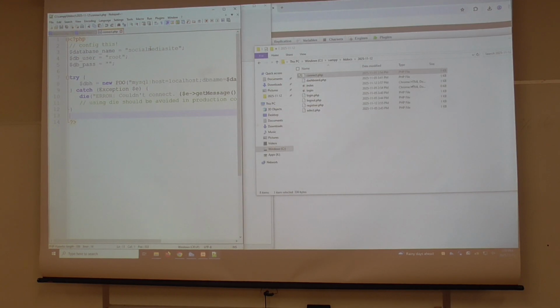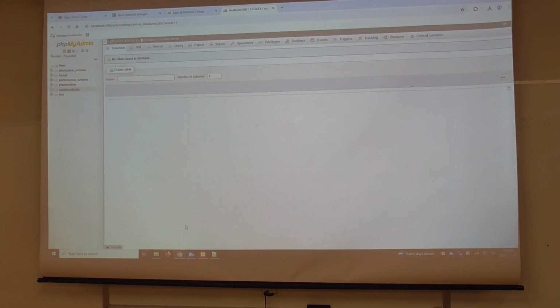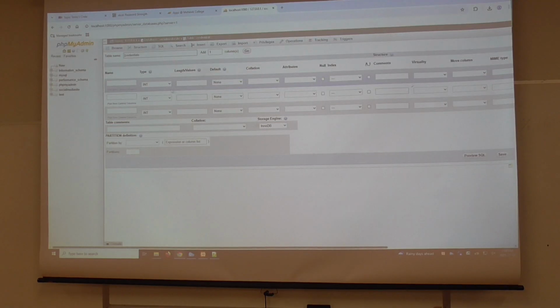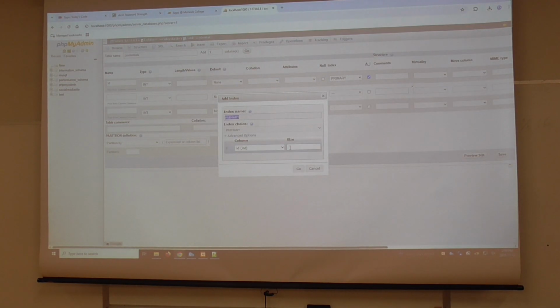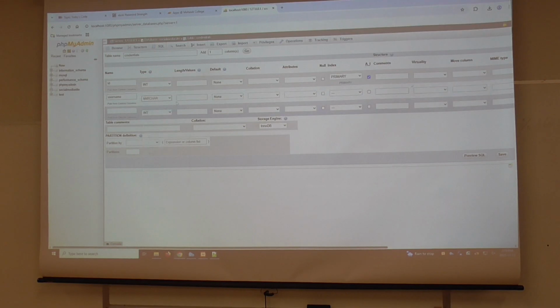So, social media site. That was the name of the database. Still in Latin/Swedish. There we go. Create a table. Credentials. Let's give it 3 columns. An ID, which is an auto-incrementing primary key. A username, which is a varchar of size 50.